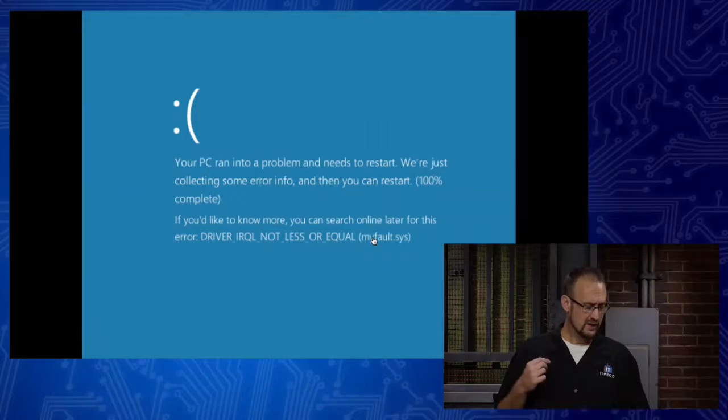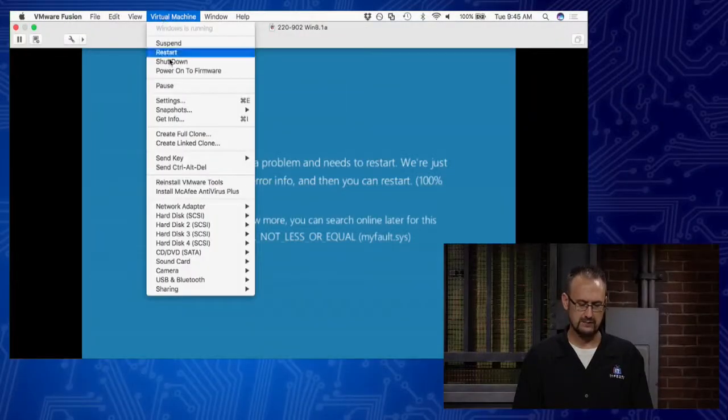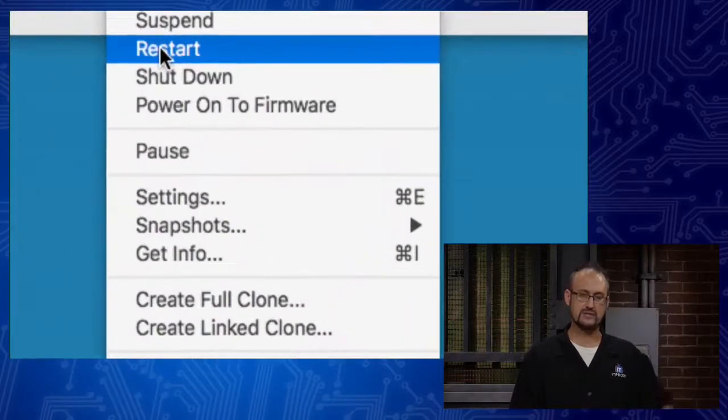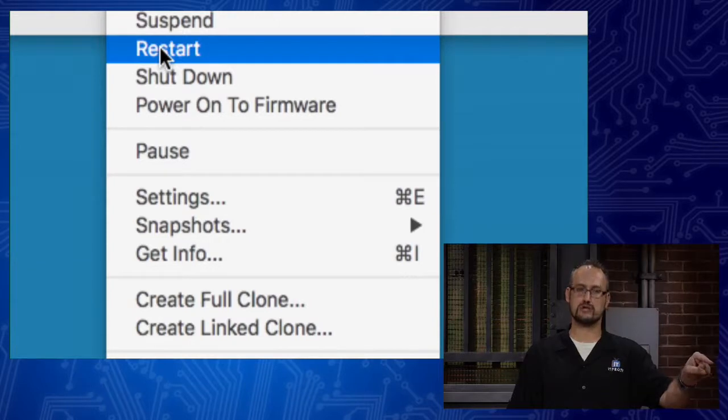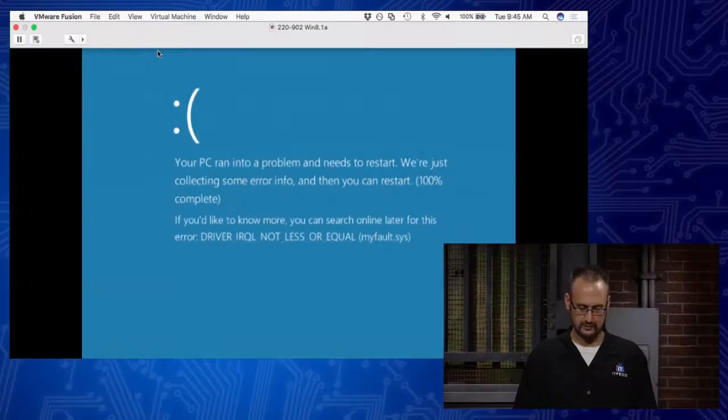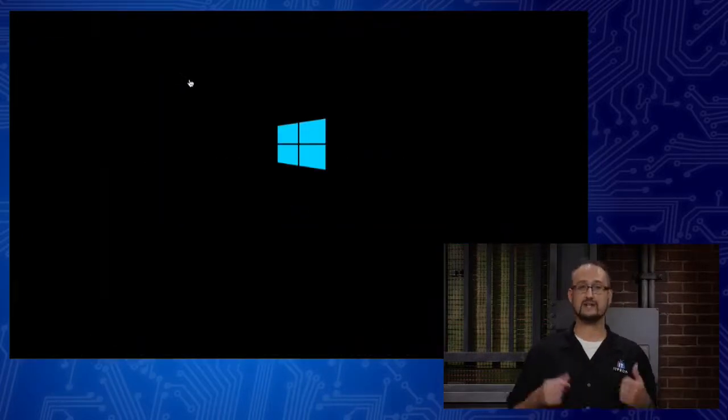Now, this is also an improper shutdown as well. I want you to keep that in mind too. The other improper shutdowns: you have a couple different types of shutdowns. You have what's known as a hard boot and what's known as a soft boot. All right, let me show you what a hard boot is. A hard boot would be like me pushing the power on the machine. In fact, I'm going to virtualize this here in the virtual machine. But if I reached over and pressed and held the power button on the physical machine, that's what's known as a hard boot. And I'm going to try and do that right here. We'll see if it does the restart. All right, so that's called a hard boot.